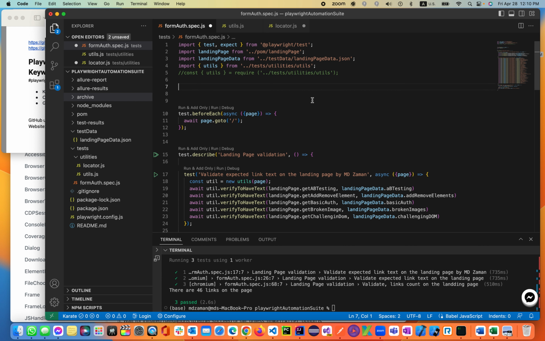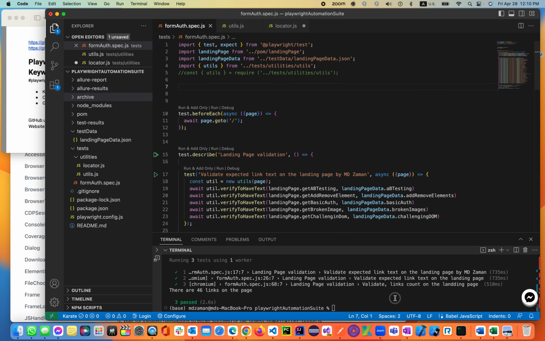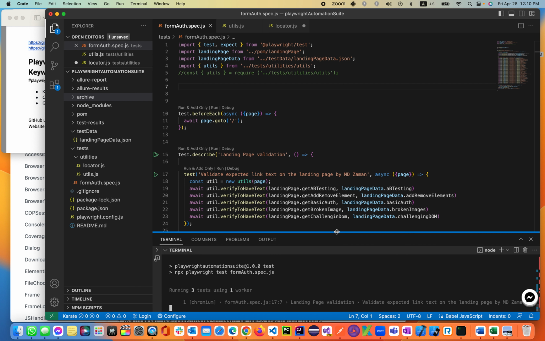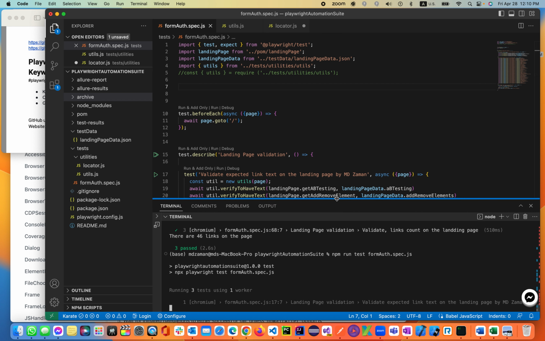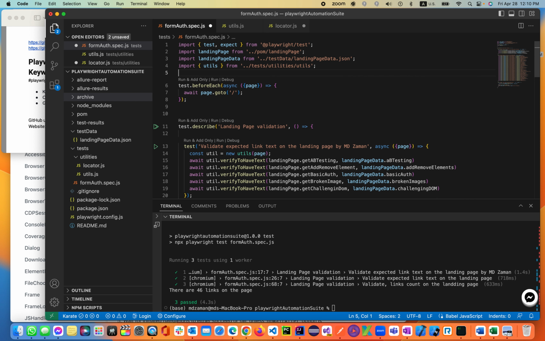So as I mentioned to you, every time you change anything, please make sure your test is up and running. So far our test case is running, right? Now let's delete this one. So we import our class and remove white space. And now in order to use the page